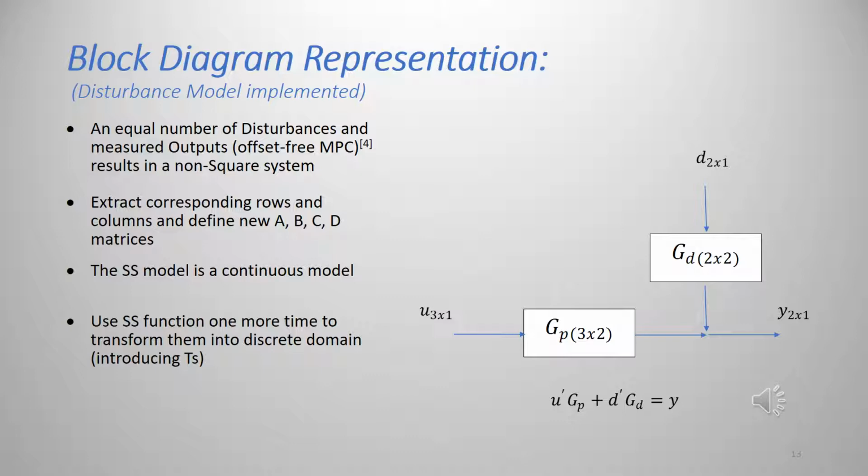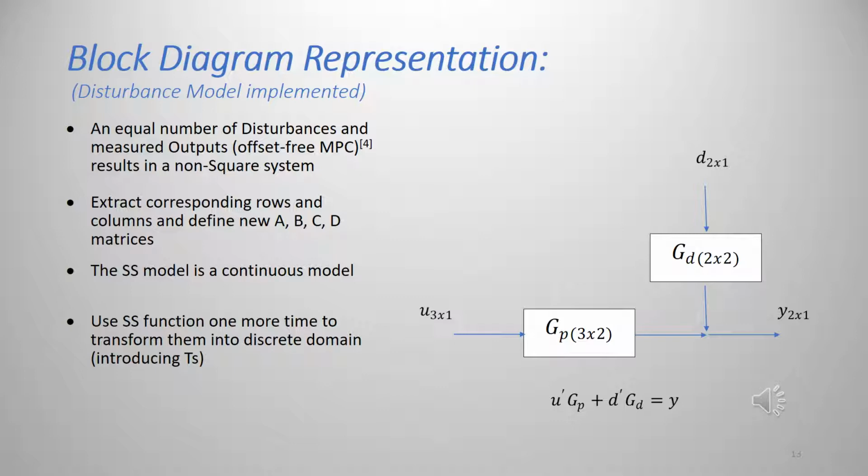To do this, we have to extract the corresponding rows and columns from the original matrices A, B, C, and D developed in the previous slides, and define a new set of matrices A, B, C, and D, and then use the function SS in MATLAB to convert the continuous model we got in previous slides into a discrete